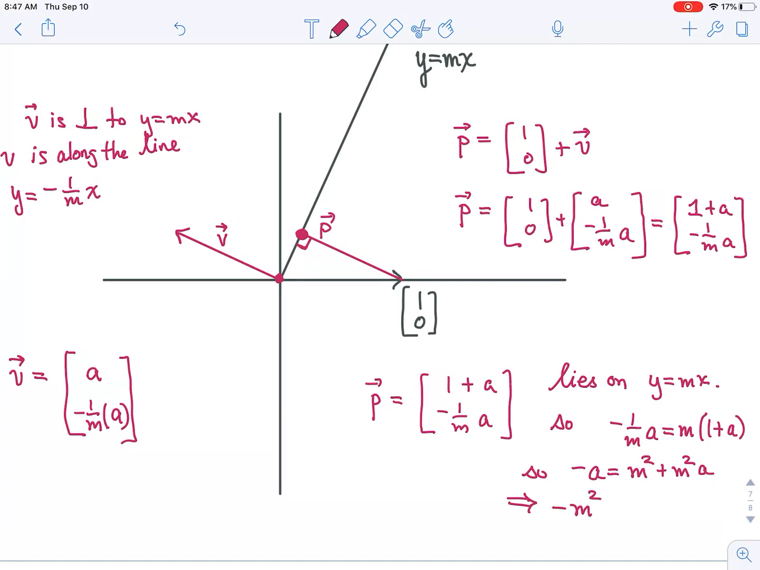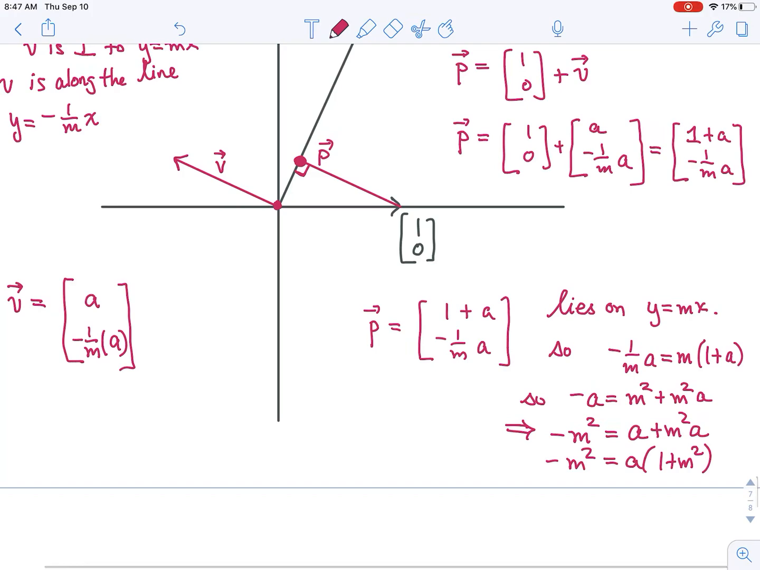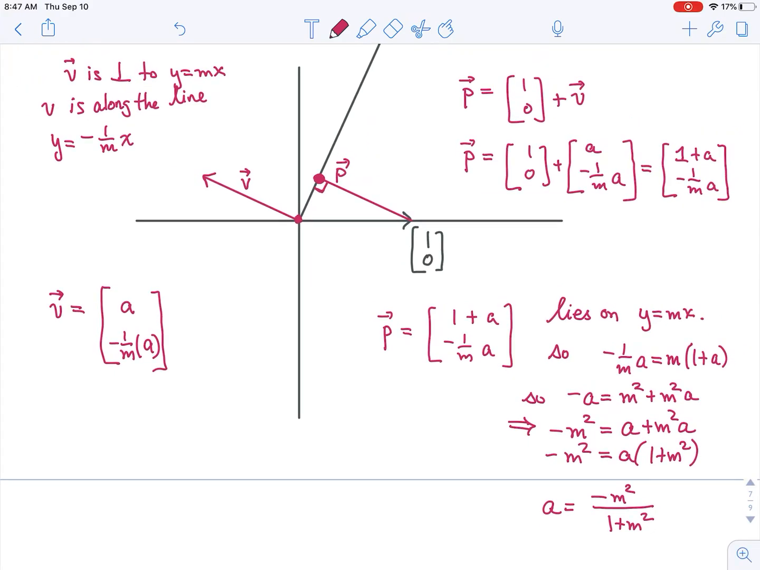So we're going to get negative m squared equals a plus m squared a. So negative m squared is a times 1 plus m squared. And that's going to tell us that a is equal to negative m squared over 1 plus m squared. And so let's put all this into our final answer. So our final answer